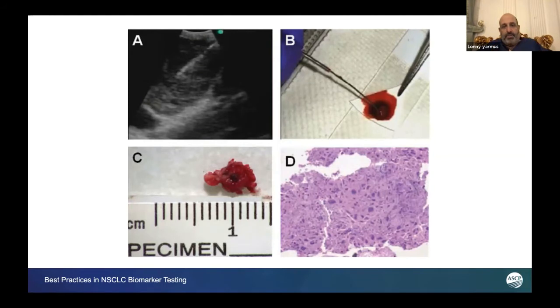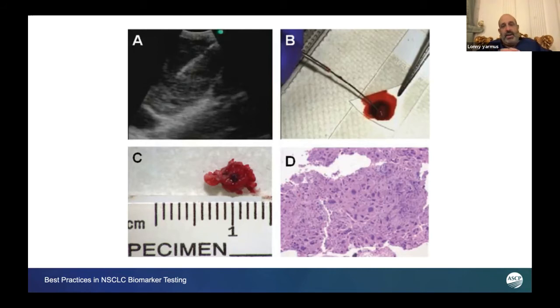We do not put our specimens in a liquid medium. We use what we refer to now as a clot technique. So the sample is taken directly from the needle. One small drop is placed on a slide, and the Diff-Quik stain is done for rapid H&E. And then the remainder of that sample, as shown in panel B, is pushed out with the stylet onto filter paper. And with a median of 5 passes, generally, we are able to produce a clot that is shown in